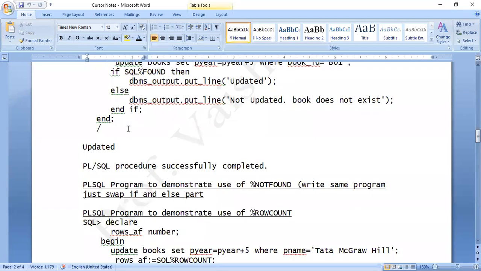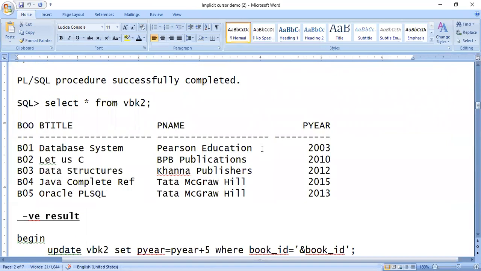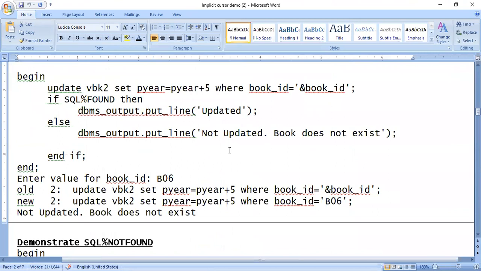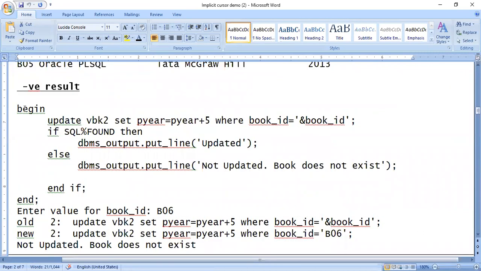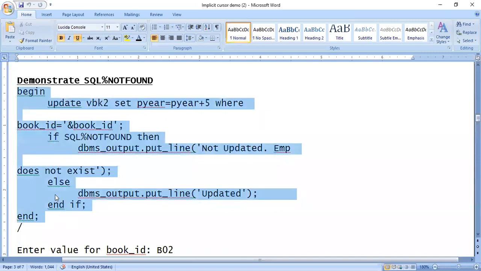So for the negative result also I have done it. Now, to demonstrate SQL%NOTFOUND, I have again written a program which is a little reverse of this.